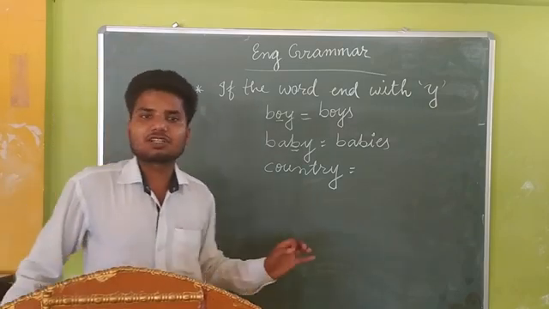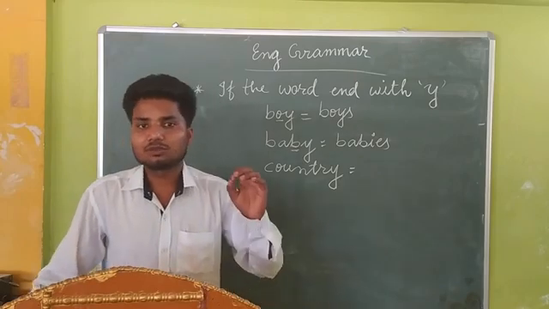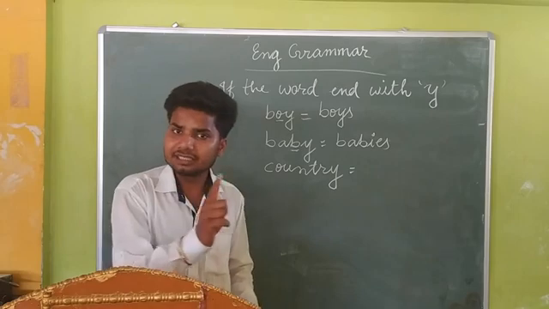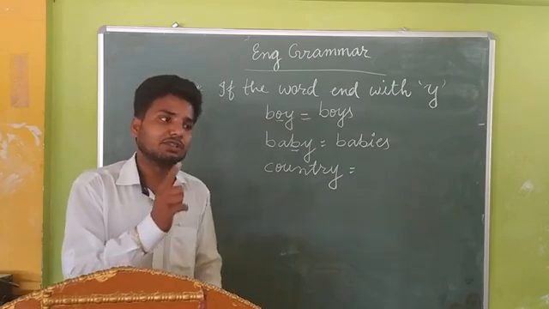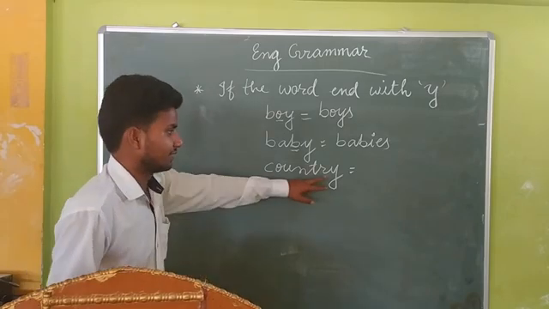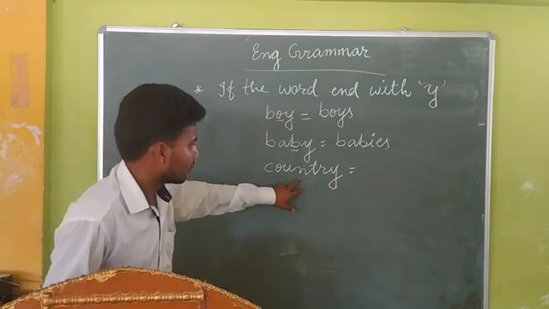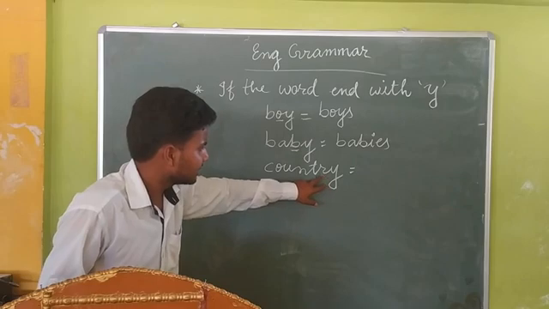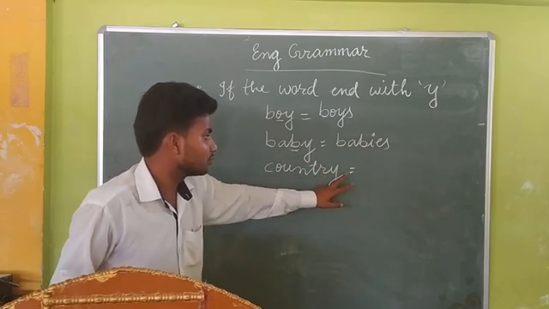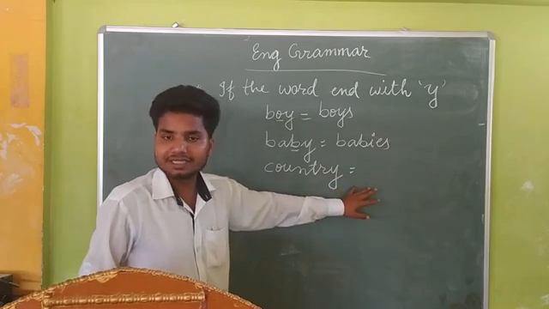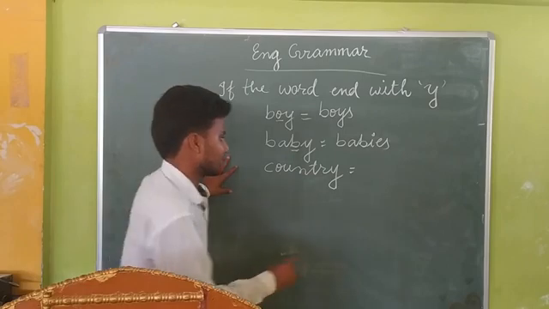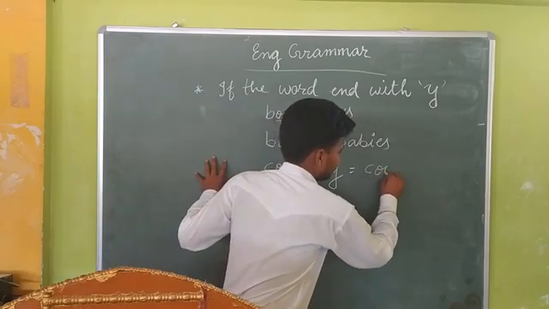If the previous letter of Y is a vowel, then you have to add only S. But if the previous letter of Y is any consonant, then you need to convert Y into I and then add ES. Here, as per the rule, the word ends with Y and there is the letter R, which is a consonant, just before Y. That means you have to replace this Y with I and then add ES. So the plural form of this word, country, will be